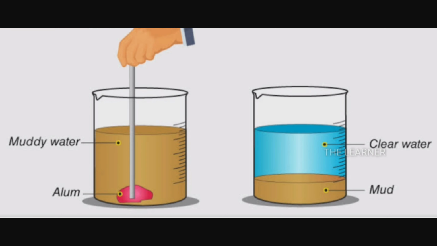Next one, loading. If the suspended particles of a solid in a liquid are very fine, they take a very long time to settle down. Sedimentation does not work here. Sedimentation takes a very long time. Loading is a method of speeding up sedimentation by making the particles heavier. Alum, a solid which is soluble in water, is used to load suspended clay particles in water. The dissolved particles of alum load the fine particles of clay in water. Check images in video for additional information.